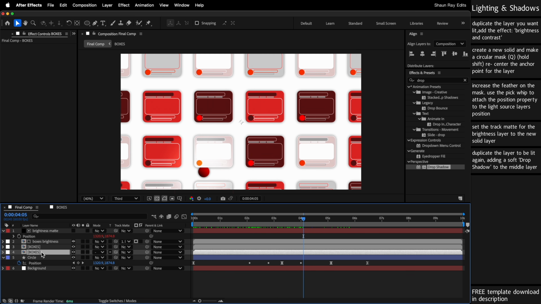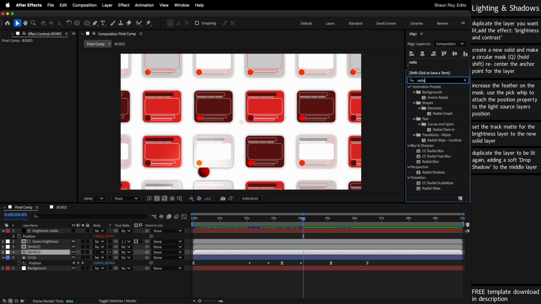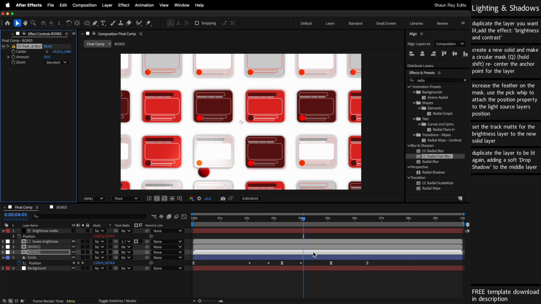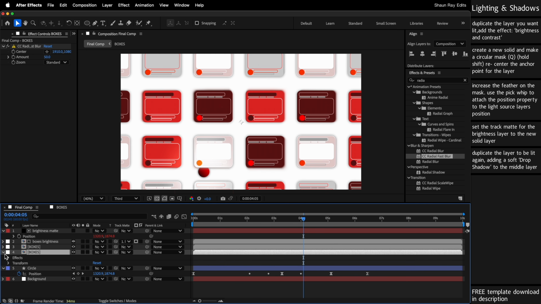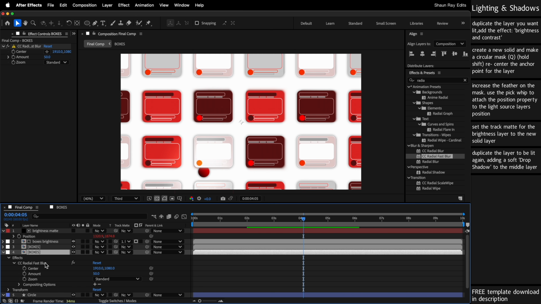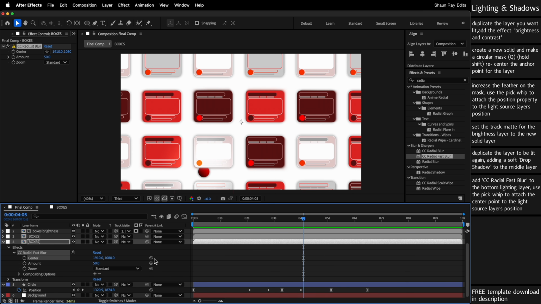But to add really beautiful shadows, we're going to need to make some adjustments to our bottom layer here. So I'm going to select my bottom boxes layer, and I'm going to add the effect Radial Fast Blur to it. Now rather than edit this effect in the effects panel up here, I'm going to edit it down in the composition viewer. This is going to allow me to use the pick whip to attach the center of the Radial Fast Blur to the circle's position,